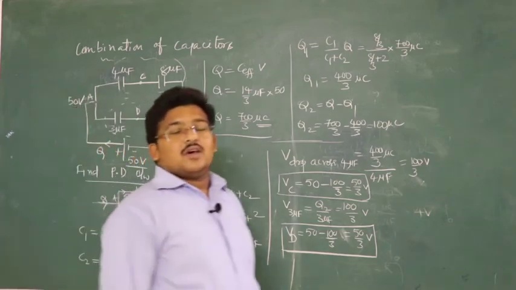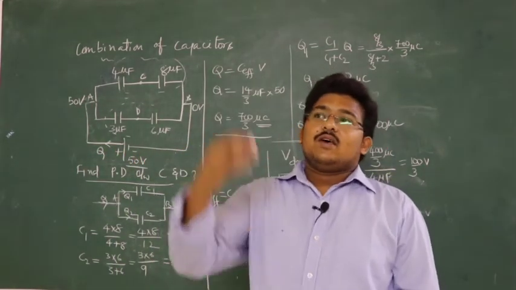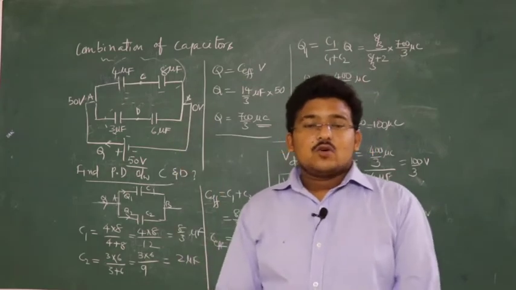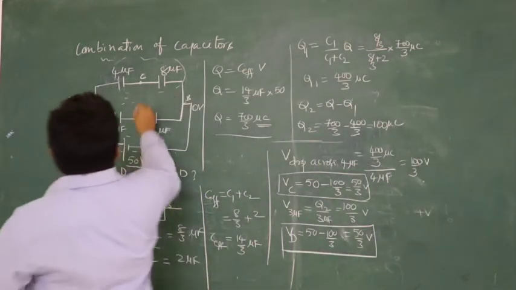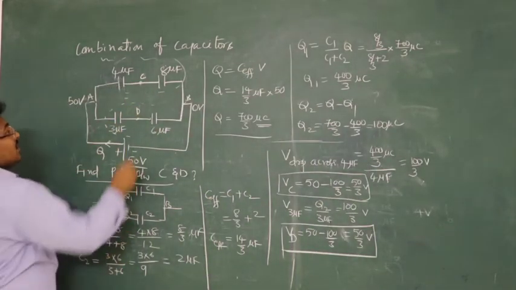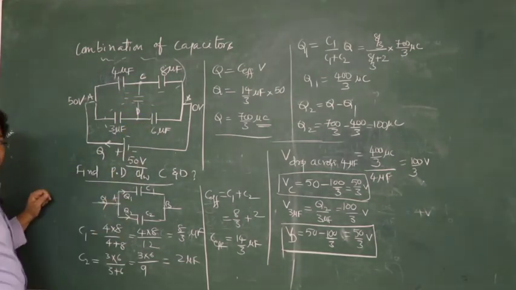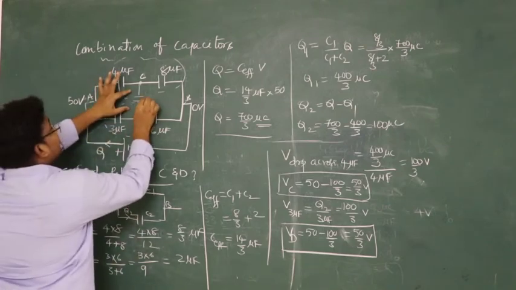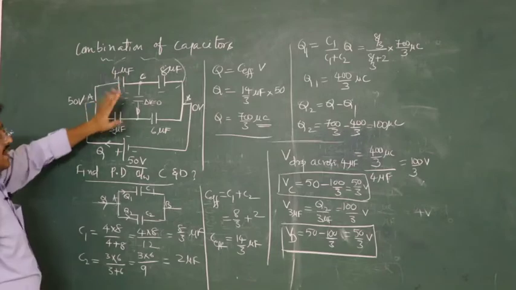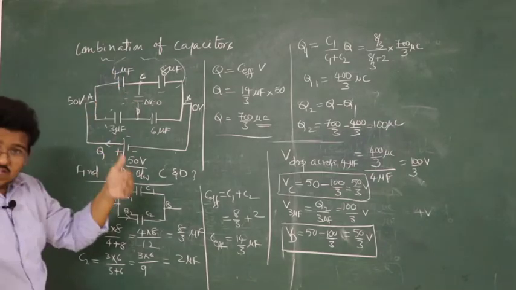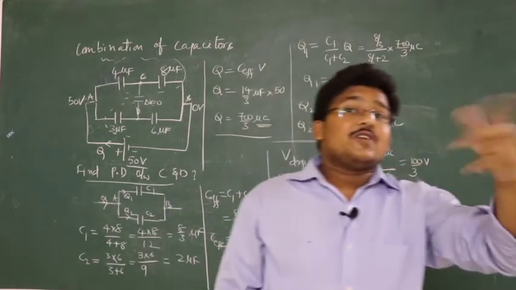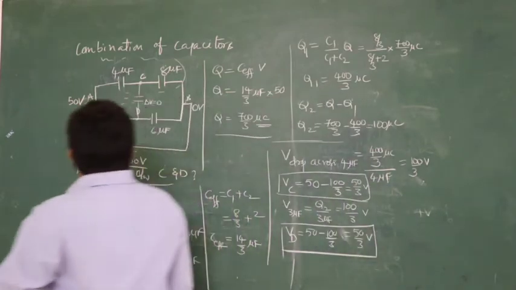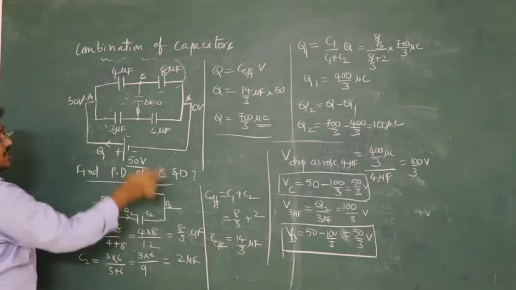So same voltages. Now what is the potential difference? 0, because 50 by 3 minus 50 by 3. Potential difference means VC minus VD. So 0. It means at these 2 points, if I connect any capacitor, will it work? Will it work? No, because the potential difference is 0. When V is 0, will the charge flow? When charge flows, when potential difference is there, then only charge flows. Understood? So that is why here at the C 50 by 3, at the D 50 by 3.